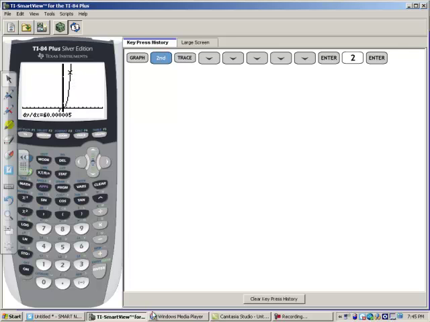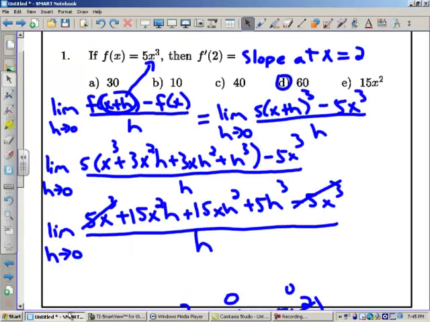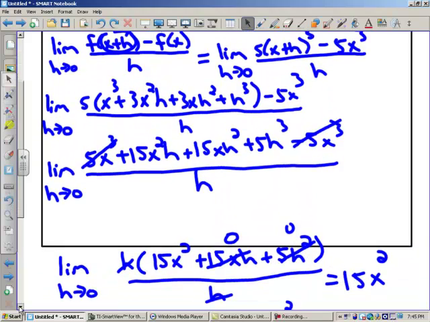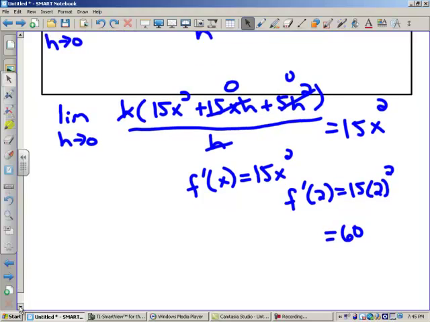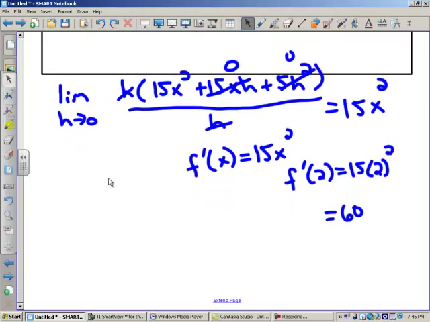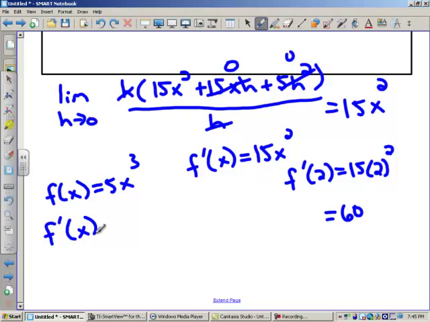Now I want to go back before I end this, because tomorrow in class I'm going to want you to look for some patterns. I'm going to come back here. There is a way to look at a function, if it's a polynomial form, to get to the derivative, and I really want you to be watching this tomorrow in class. We started with f of x, and f of x was 5x cubed. Now f prime of x worked out to be